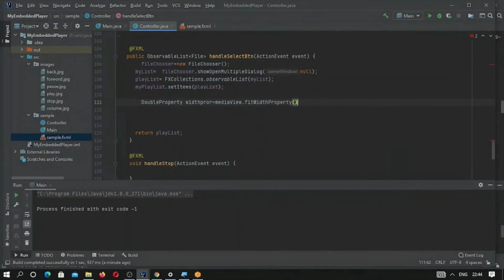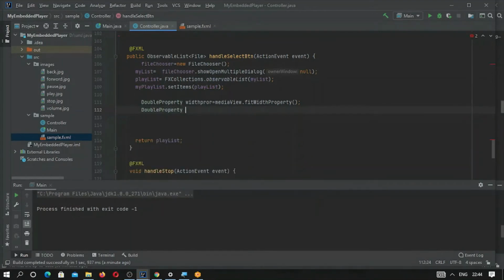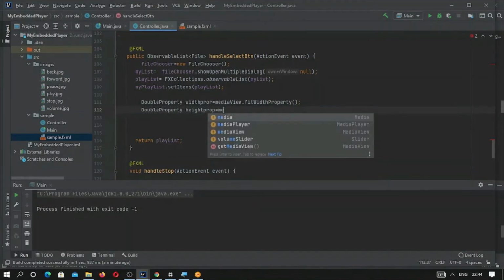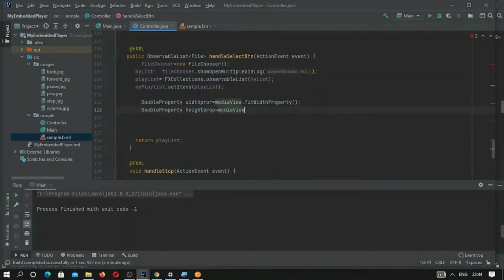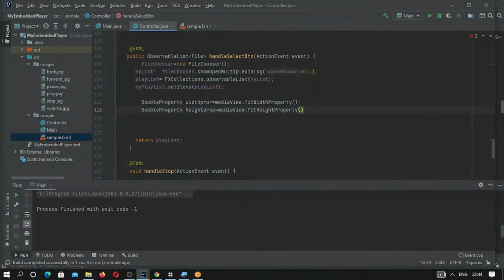And the same needs to be done for double property height, which is fit height property, and we have to bind it with the scene property.